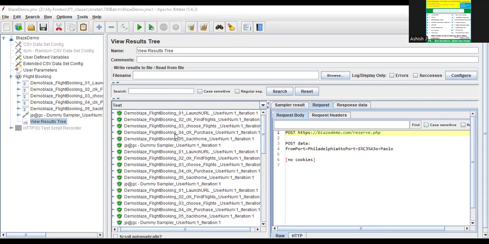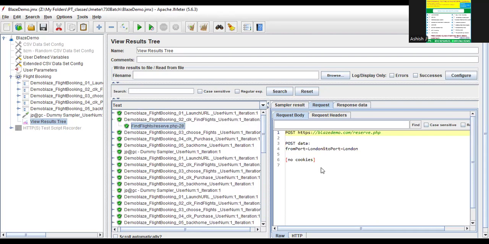Sometimes you'll end up with this situation. From port London, to port also London. So why is it taking from port and to port as London? So this is not correct, right? You cannot start and end in the same city, right? When your departure is from port London, it is taking to port also London. So that is not correct. And also sometimes what happens, if you observe carefully,